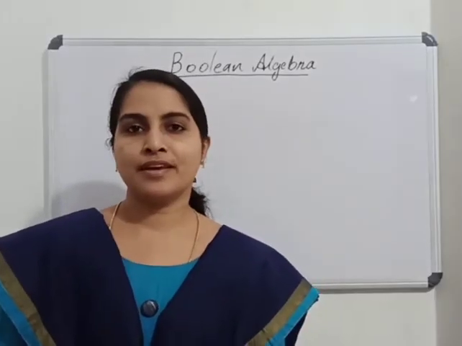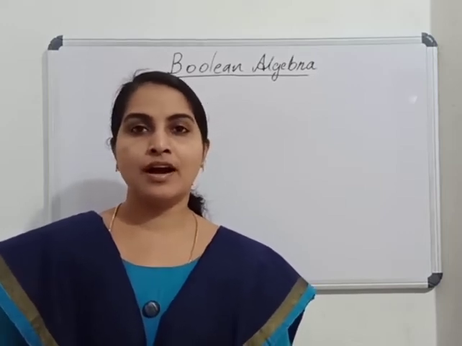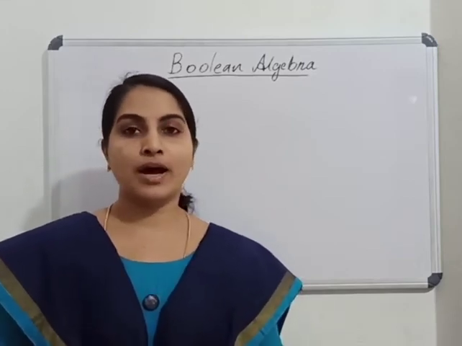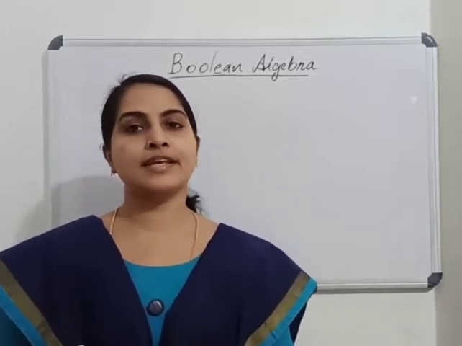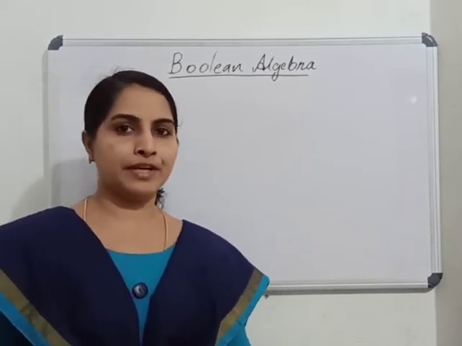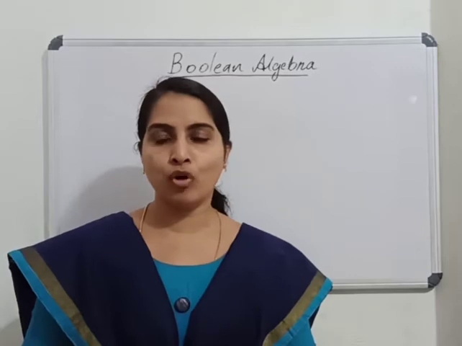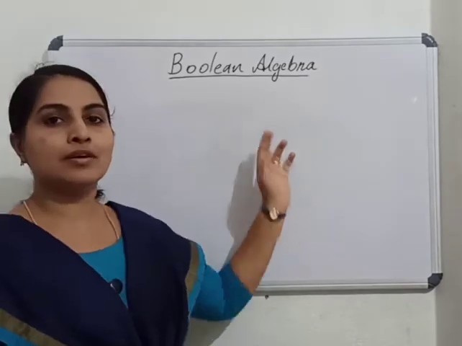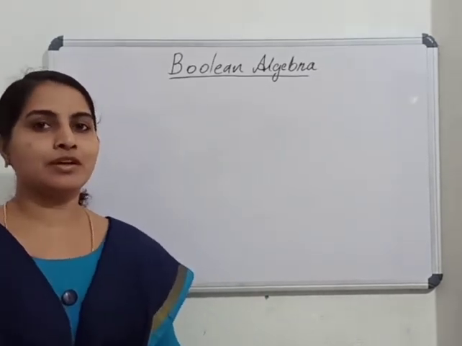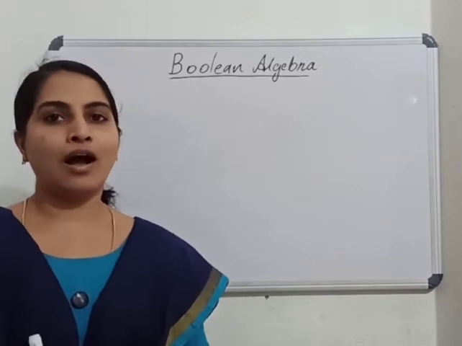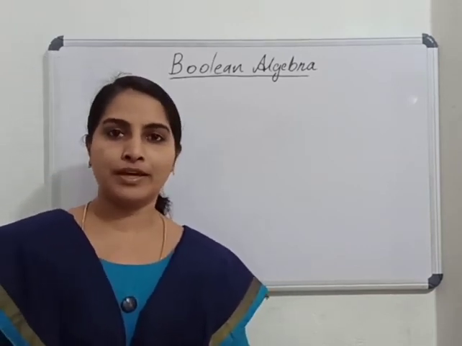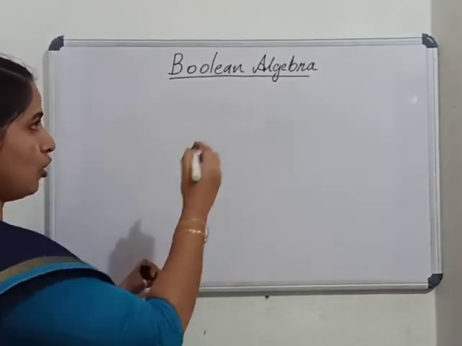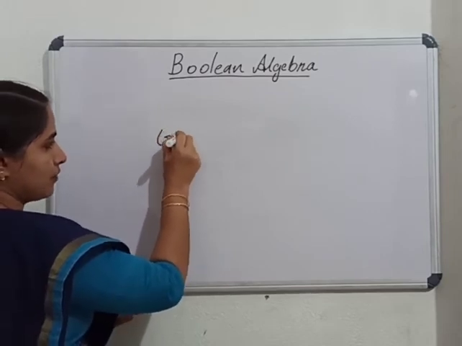Dear students, in the last chapter we have learned how numbers and characters are stored inside the computer. As you know, numbers, characters, images, video, music, whatever it is, are stored inside the computer in the form of zeros and ones. Today we are going to study a new chapter, Boolean algebra. In this chapter we are going to learn how the internal circuitry of a computer functions with these 0 and 1. This Boolean algebra was developed by George Boole